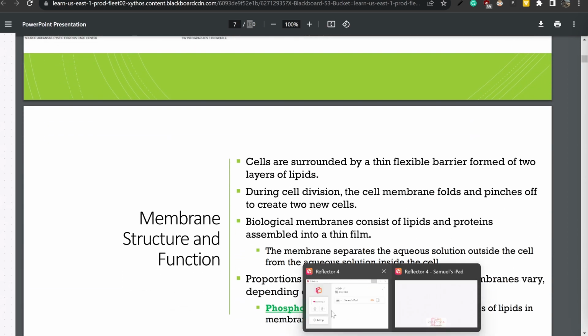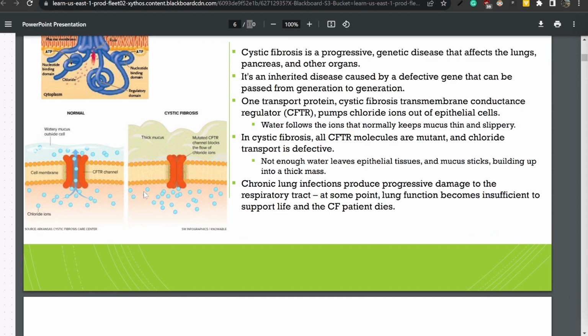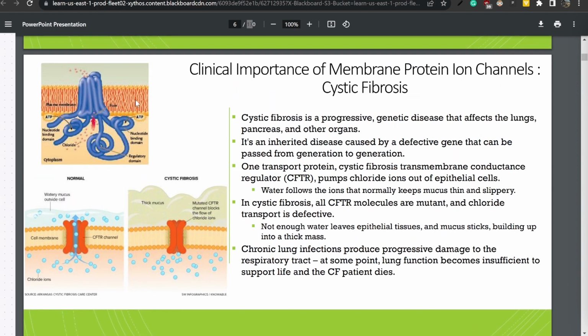All right, so they didn't really tell me what chlorine is important for, but I'm just going to replace it with nutrients. If nutrients are not able to leave the cell, that's very bad, and thus it looks like it's specifically lungs, because I'm thinking about cystic fibrosis. Well, I don't see any word that relates to lungs there, but oh, it affects the pancreas and other organs as well. So, and it's genetic. Okay, well, that's a lot of information, and I don't think I'm going to be able